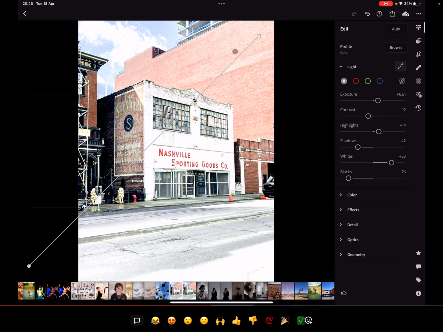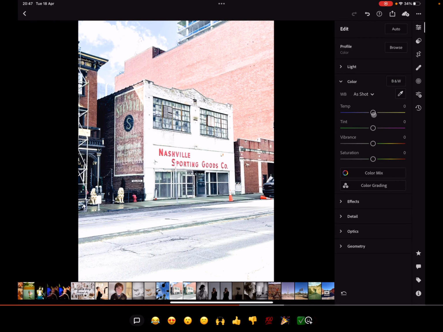This is going to be your tonal line. So this is going to control your tones and your contrasts in different parts of the pictures. You can bring that up. You can do your red ones. It's going to change the amount of red and warmth in the picture, you can see. You can change a green one. Again, it's going to change them tones, them hues in your picture. The blue one is going to make your picture cooler or lighter. And then go on to colours, and this is going to be your temperature, and again you can change that,